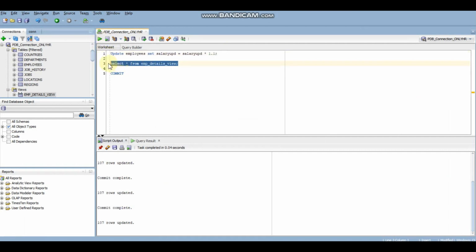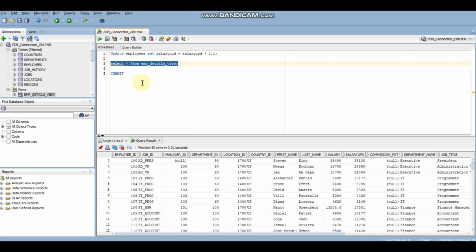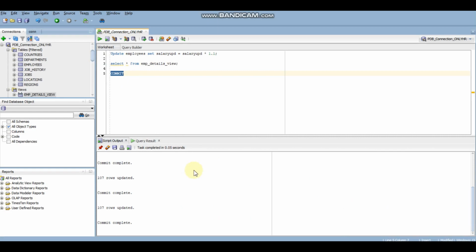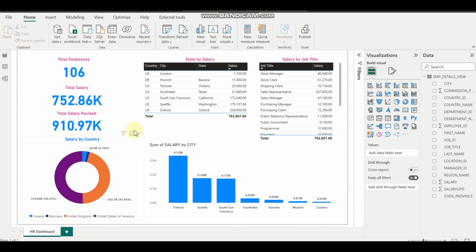But let's say I have a database here and I want to update my salary. Okay, my salary is changed, and this is my old salary and this is my new salary. I took this field just for demonstration purpose, to show how we can refresh our data once we publish on Power BI service. So this is the main purpose of this demo. So let me commit this, and now I'm going to Power BI Desktop to check